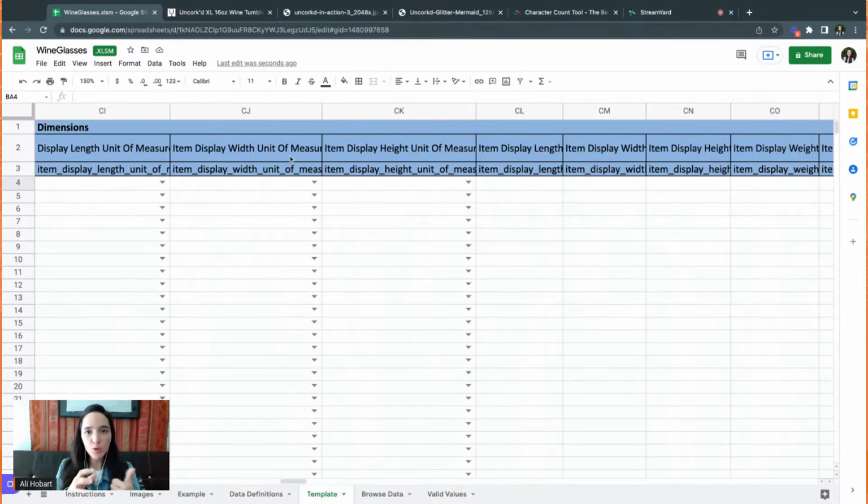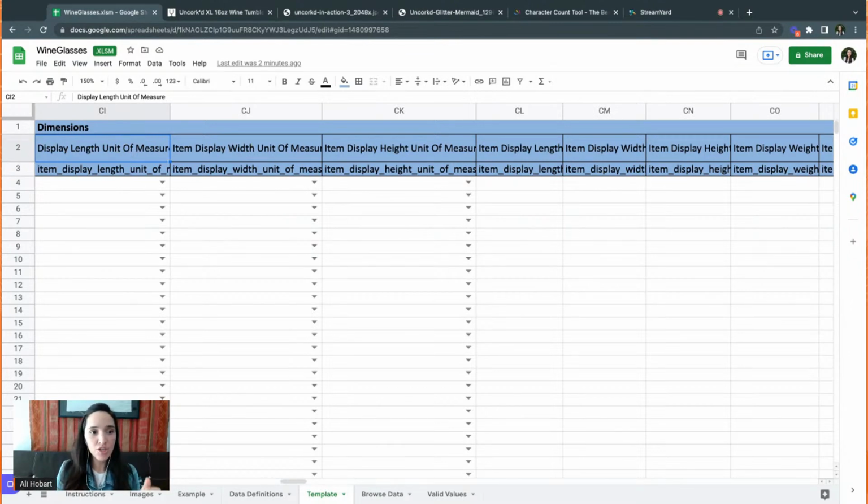Item means the unit. So let's say you're selling the wine glass and it comes inside a box. Here you're going to put the actual wine glass size on the units. And then later you're going to see there's the package for how it comes to Amazon, the biggest size that they're going to need to accommodate when they're fulfilling orders. And just a quick note is that sometimes, I don't know why, these are out of order.